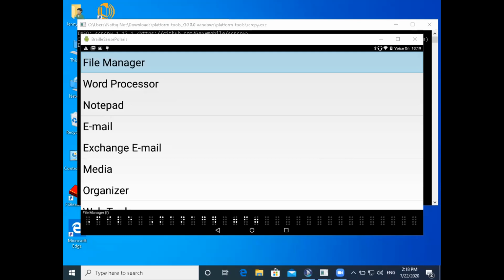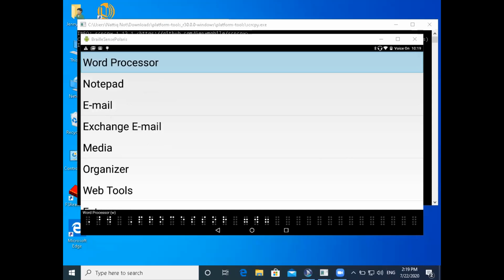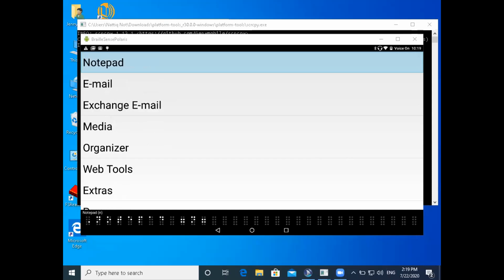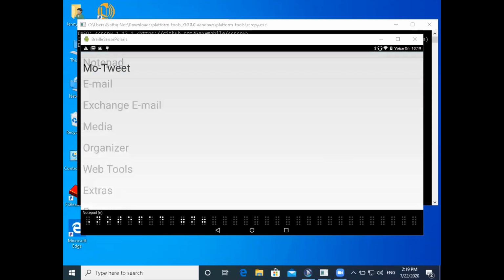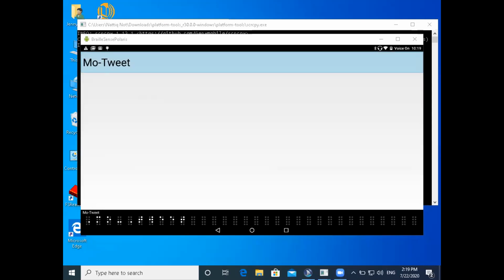So I am at my main menu. Word processor, W. So yes, we're going through the main menu. Just wanted to show you that's where we are. And after you install this, for those of you who have used the U2, you will recognize the Programs menu. This is the same type of Programs menu that's on the U2, except that we need to use the letter R to open it because P is used for the Play Store. MoTweet. And the only application there is MoTweet, so I will press Enter. Loading.